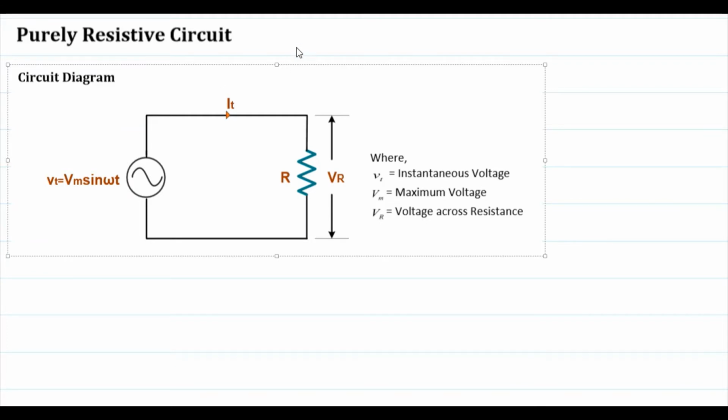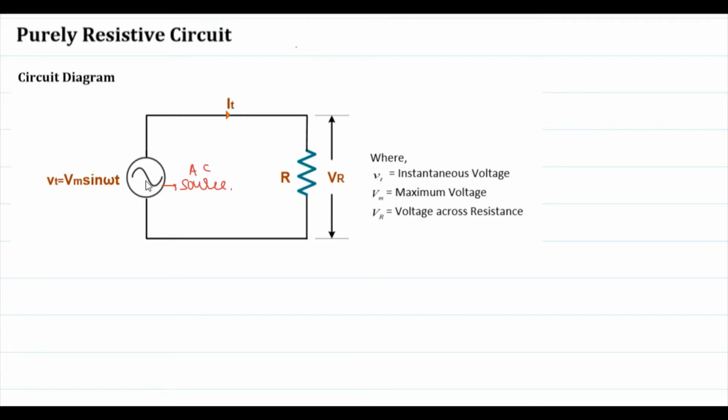So this is the circuit diagram of the purely resistive circuit. This is called an AC source. AC is represented with this wave shape inside the circle, so this always represents the source, which should be an AC one. Then here we have applied an input voltage, that is V(t) equal to Vm sin omega